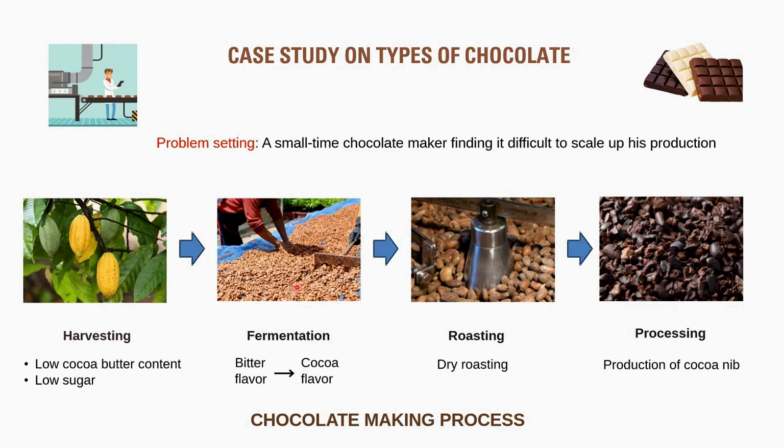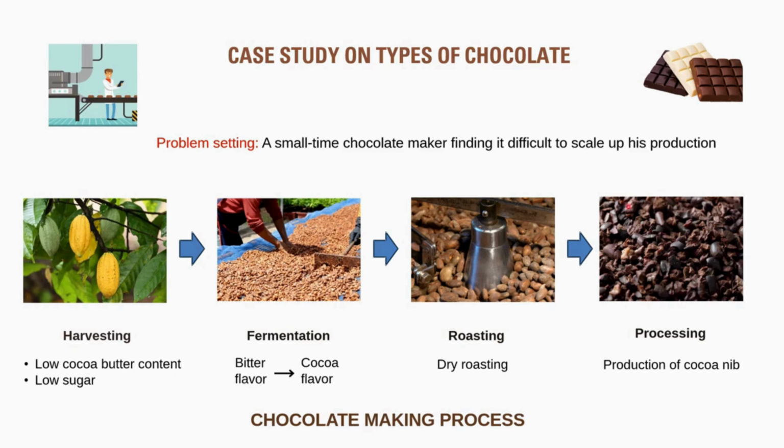The next part is downstream processing of your cocoa beans. This begins with roasting of beans at very high temperatures of 120 to 140 degrees Celsius for about 20 to 30 minutes. The idea of roasting is to trigger the Maillard browning reaction, which contributes to generation of volatile flavor components, thereby enhancing the overall flavor profile of your cocoa beans. Apart from that, roasting helps in reducing microbial load and also the water content of your product.